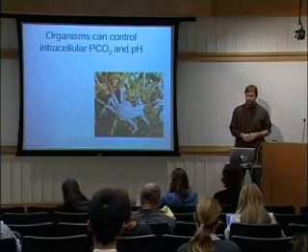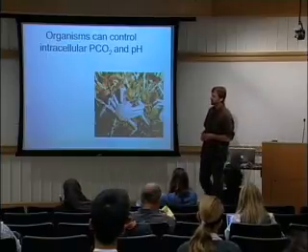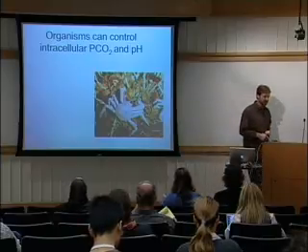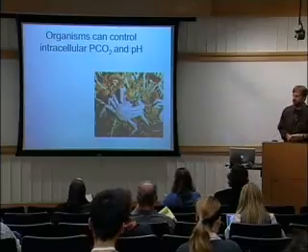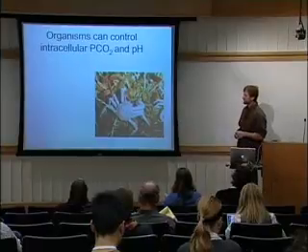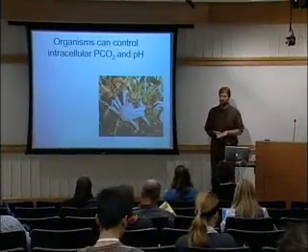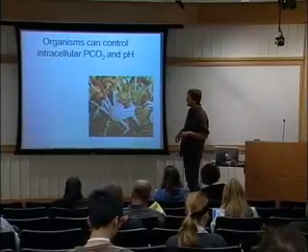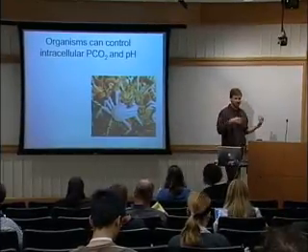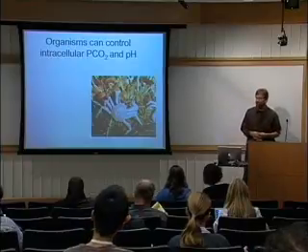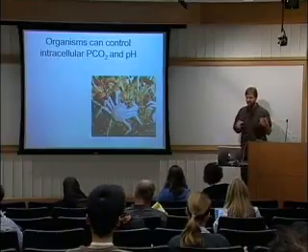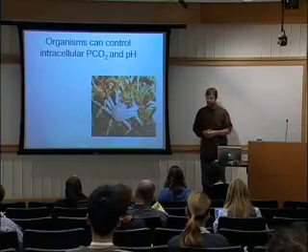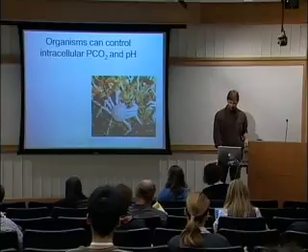All right, so the most important point is that organisms can control intracellular carbon dioxide partial pressure and pH. Just because the pH changes externally or the CO2 changes externally does not mean that their blood or their intracellular pH and PCO2 will change. These are pictures of hydrothermal vent organisms that live near venting water that is extremely low pH and high PCO2, and they manage to maintain intracellular and extracellular levels that are equivalent to what other organisms in other environments experience.